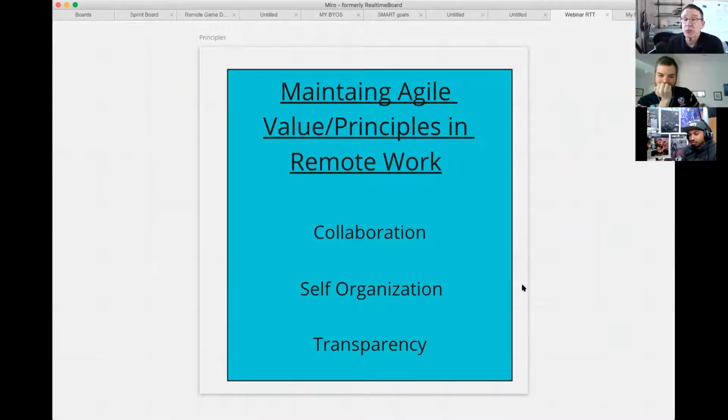And the 3 principles I'm going to be focusing on today is how do you maintain collaboration, self-organization, and transparency, which are really critical to not only Agile teams, but most working groups themselves. So let's talk about